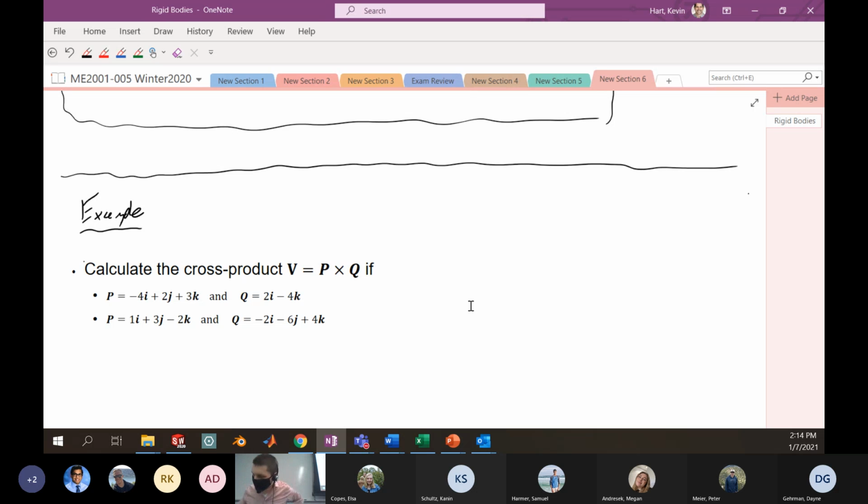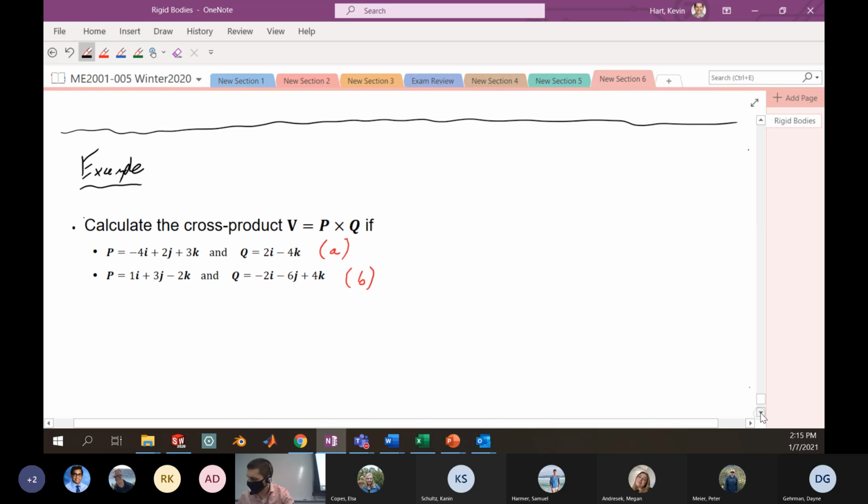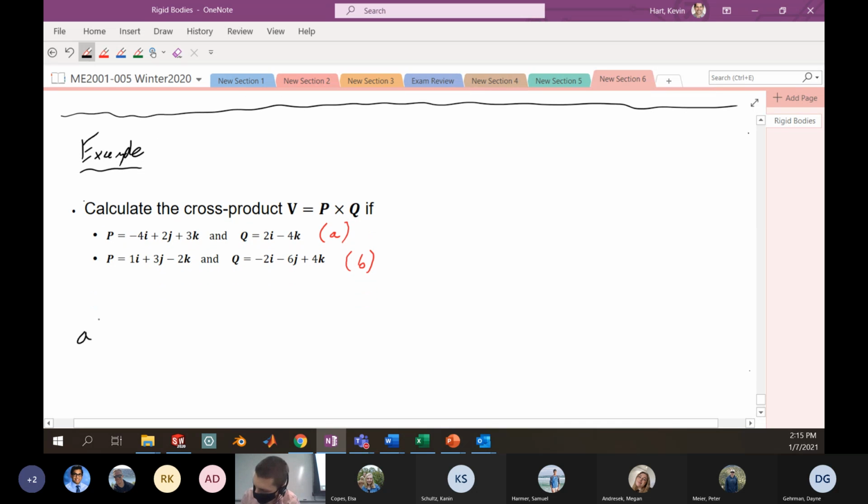So let's give this a whirl. We've got two vectors here, P and Q. We're going to take the cross product of those two. So maybe I'll call this A and I'll call this B. I'm going to do these two separately. Okay, so let's look at A. If I want to do P cross Q, which is what the problem is asking for,